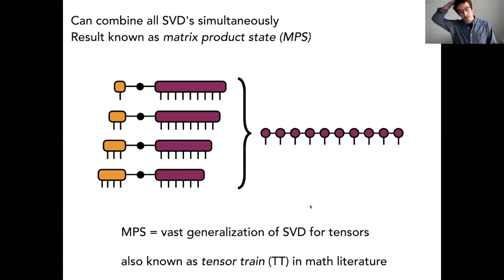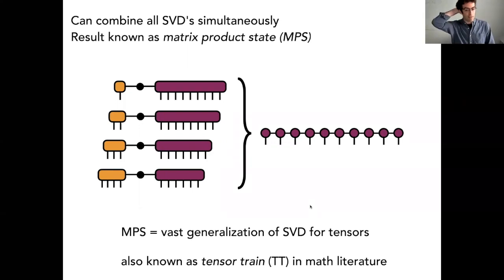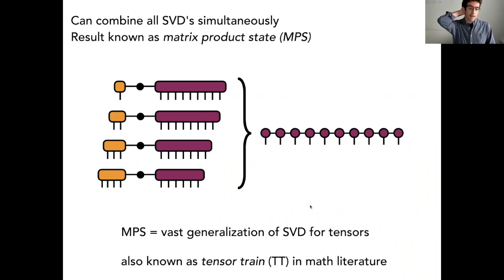Now, I didn't make a slide on this for the sake of time, but there are other generalizations of the SVD to tensors, many of you may know. One of them is called the CP format. And these have different trade-offs. So the CP has the advantage of being symmetric. It treats all the indices on the same footing, whereas here, there's some ordering to the indices, as you can see. There's some index on the very left of this chain, and there's some index on the very right. So it's rather asymmetrical.